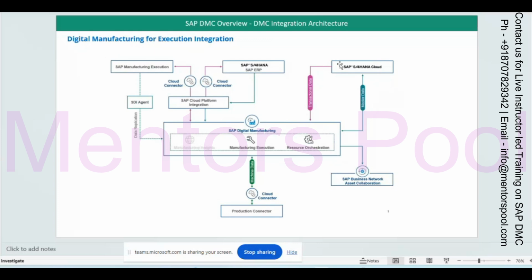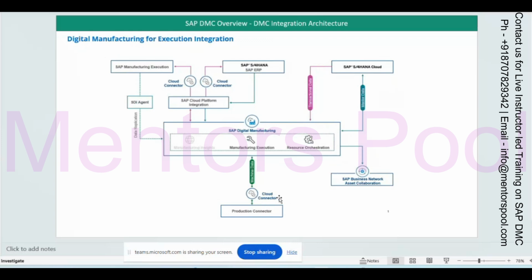Because S4HANA Cloud is also a SaaS application, it does not have much flexibility to write custom code. Very limited configuration is possible, but you cannot do more modification like custom things.